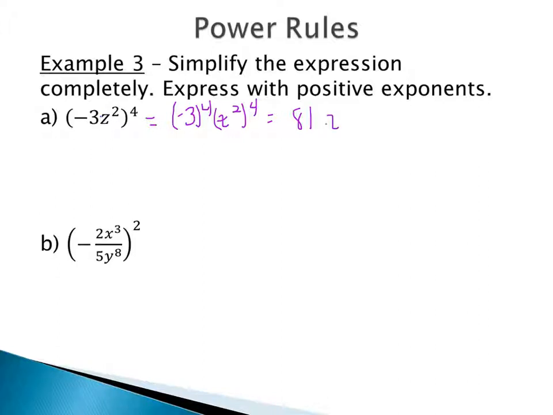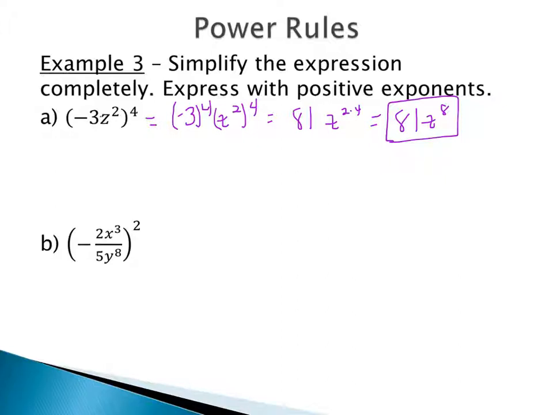For here, if I have z squared to the fourth, that really means that I'm doing z to the 2 times 4, using the power rule. If we have a power to a power, we're just going to multiply the exponents. So this gives us 81 z to the 8th. So again, essentially a way to look at it is that if there's no other variables and your exponents look like they're kind of touching each other, they're only separated by a parenthesis, that's how you know that you're going to be multiplying them.